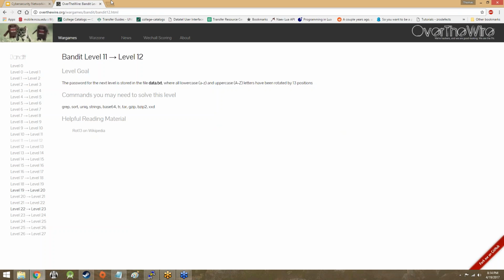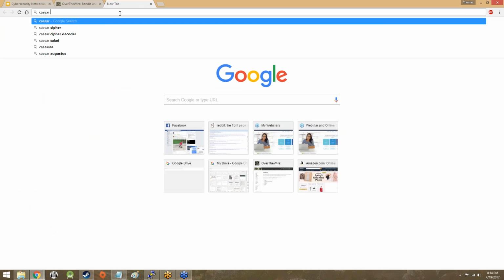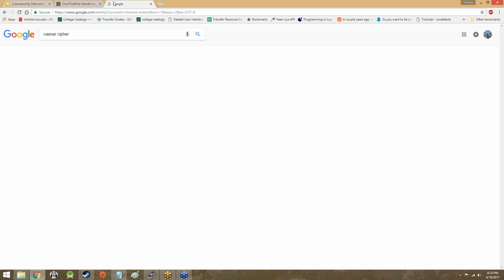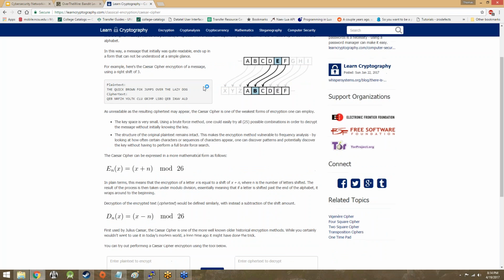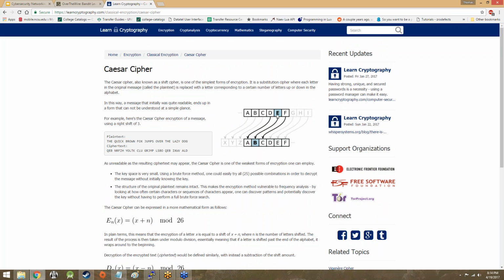If you've never seen a Caesar cipher before, I'd be a little bit surprised. It's a shift cipher, a Caesar cipher. Basically, you take a letter, and then you have a number, in this example 3. You take every letter in your secret phrase and shift all of the letters over by 3. So as you can see here, an E will become a B, an F will become a C, a G will become a D, an H will become an E, and an I will become an F,